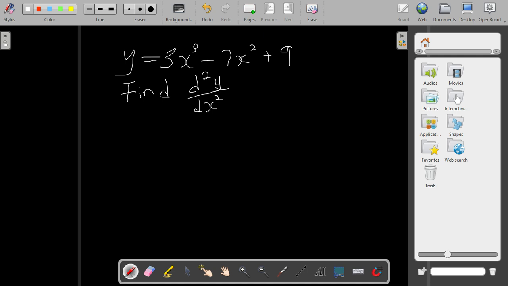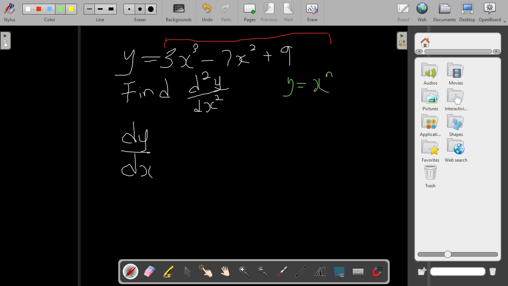So how do we solve this? The first thing you do is find the dy/dx of this. Since this is a polynomial function, it means that you have to break it down. How? If you remember from the standard derivatives, when you have y equals x^n,